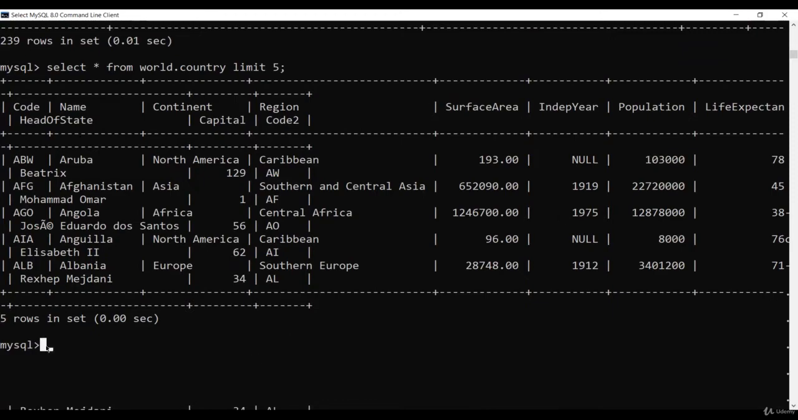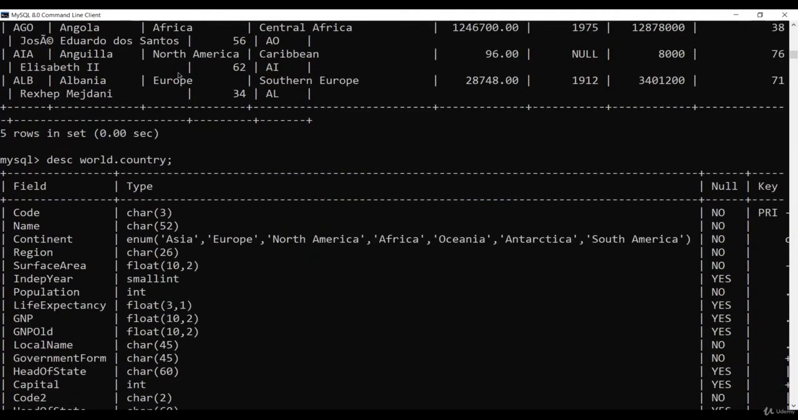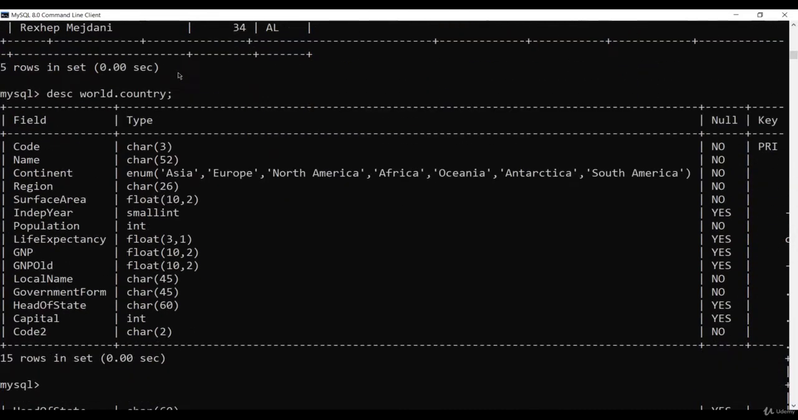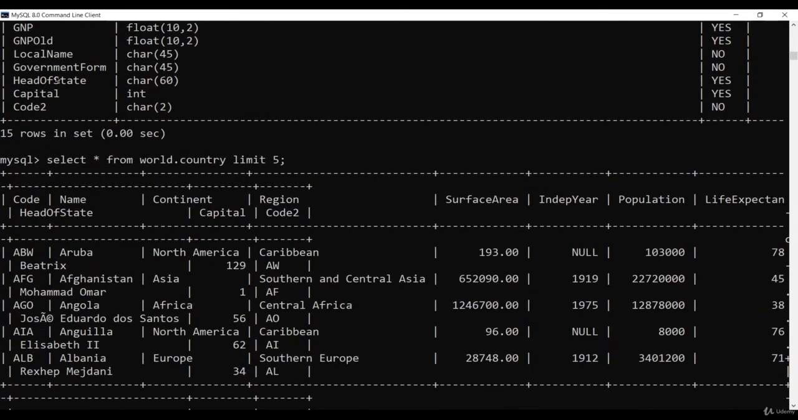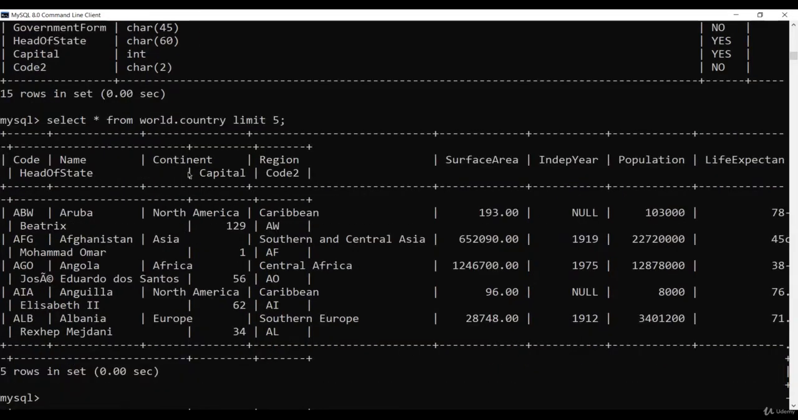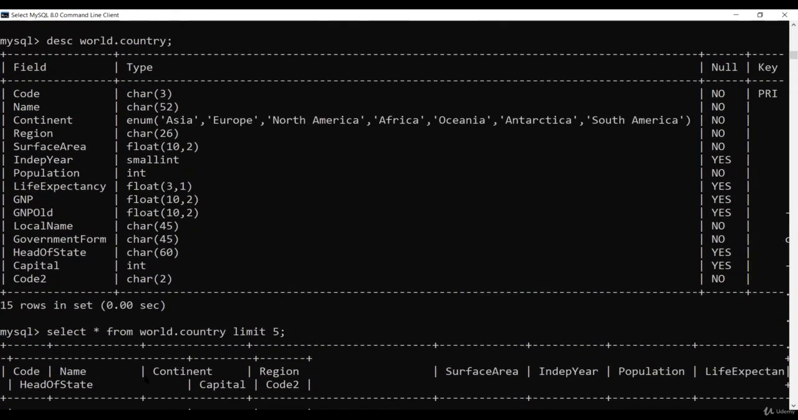So there are 2 ways. Either you can describe that table, or you can simply select and limit that table. Either of which is possible. So you come to know that a continent is a varchar type because North America is present in continent. So we already know that it is a varchar type. Yeah, it is